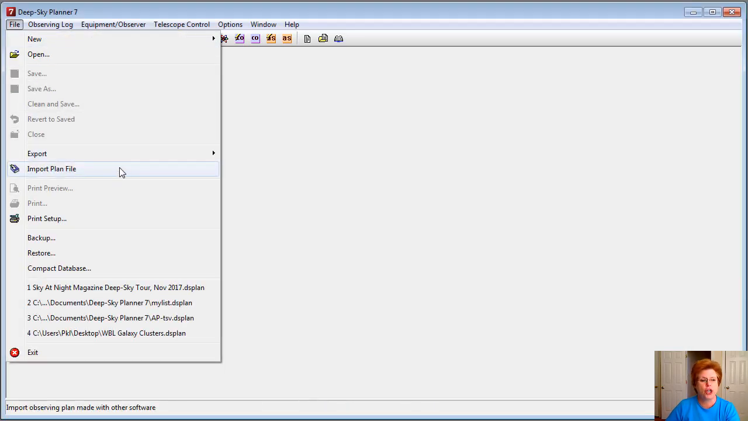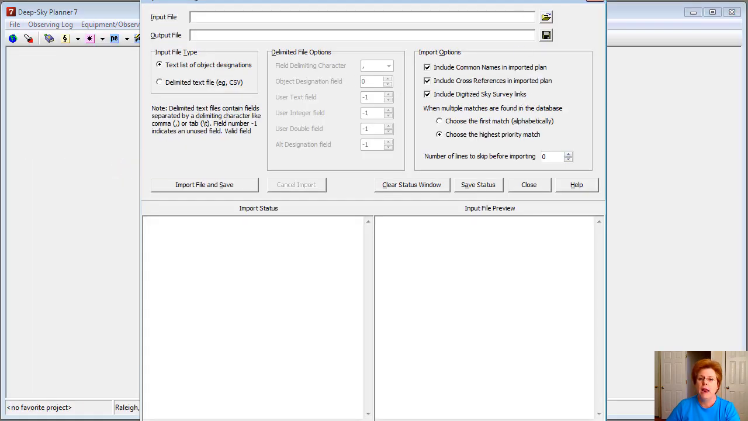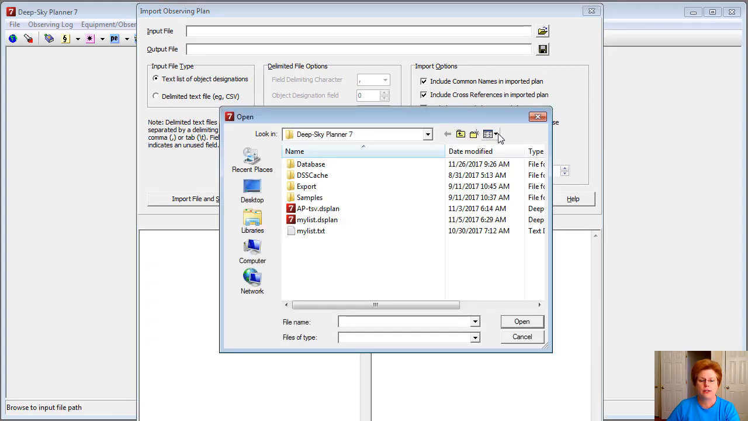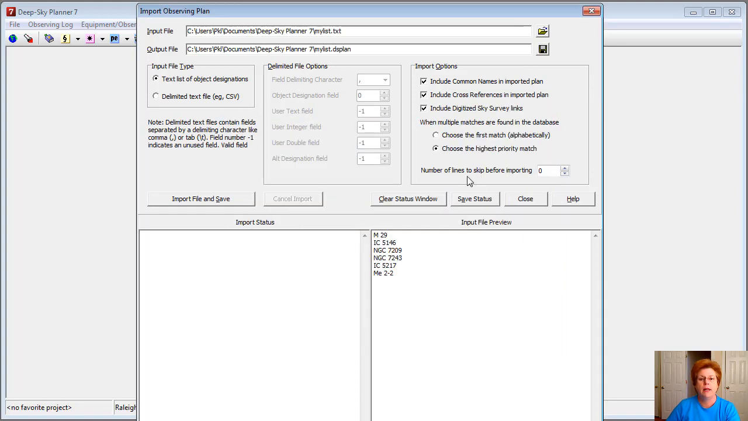So let's go and show the feature itself, Import Plan File. And with the Plan Importer, we need to choose the input file name, and we'll choose the one that I just showed you, this one. And you can choose any file. The system will create an output file name for you, and you can see that it's in the same folder